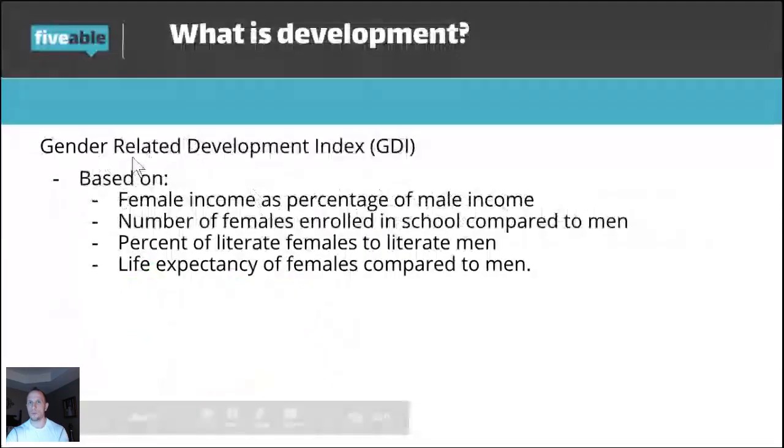All right, so the gender-related development index is you're taking the same things as the HDI, such as the amount of income, such as the amount of school that women are going to have. Or remember, the HDI looked at the average years of school, and also the expected years. Well, in this case, you're also looking at the literacy rates of female compared to men,